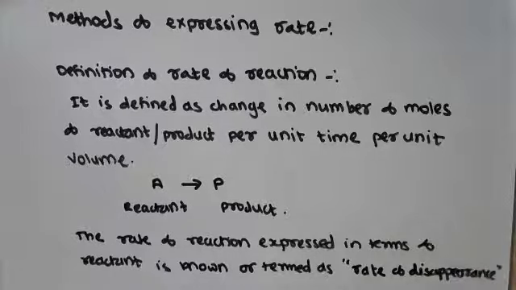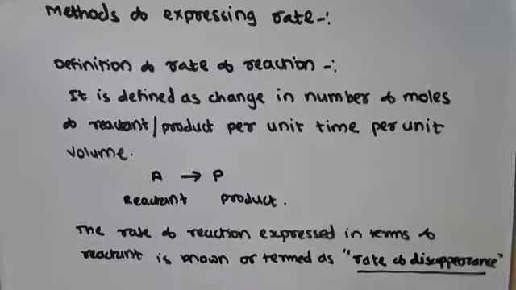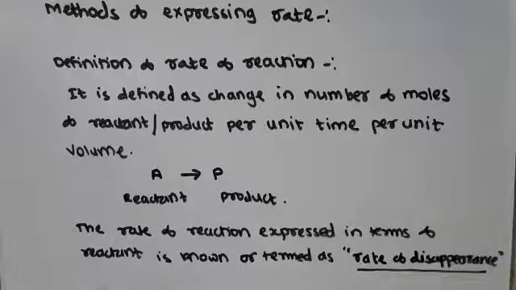Now, why rate of disappearance? Because during the reaction, the reactant disappears. That means it is consumed and therefore its concentration reduces. So we say disappearance. So rate of reaction expressed in terms of reactant is known as rate of disappearance, and